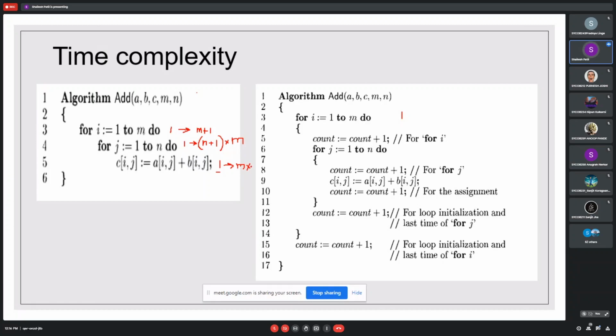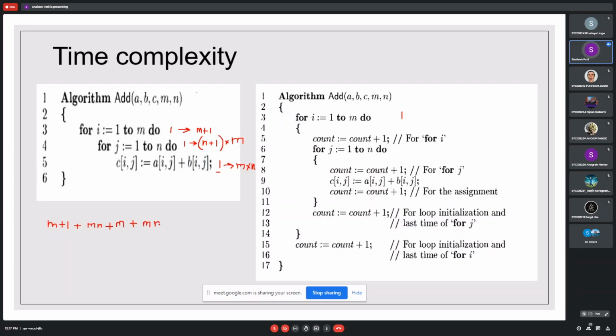Now we'll check whether we got the same answer. It should be plus 1 actually, because we added the return statement, so it was different. So I will just make it m plus 1 here, and this will be m plus 1. Plus I will write mn plus m, and inside it will have again mn.